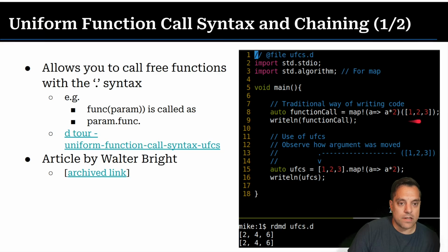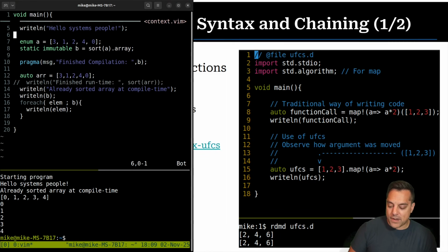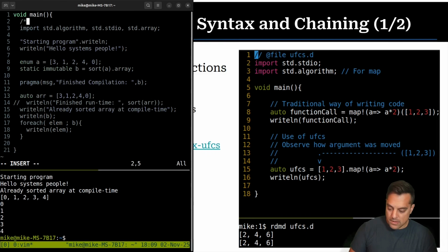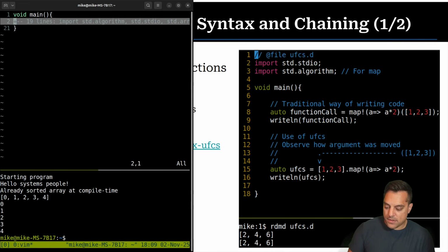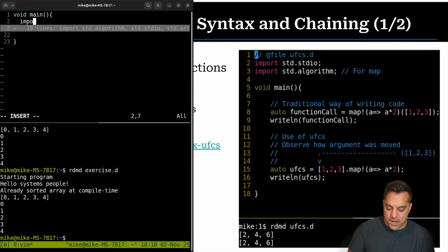Now, again, it's kind of hard to figure out what is going on here when I have this map, and then what am I mapping this function to? Okay, this array of 1, 2, 3. This isn't the worst thing in the world, but you could see how these maybe get more interesting. Let's just go ahead and do it in our little playground here. Let's comment this out and hide it. I'll just preserve this for our history. And let's do this little example here. I've already included standard algorithm previously. Let's go ahead and just include it again. I can do these on the same line too, just to save us a little bit of space here.